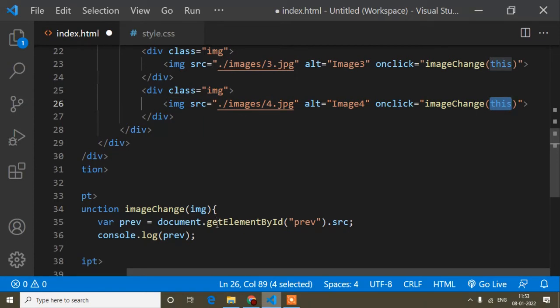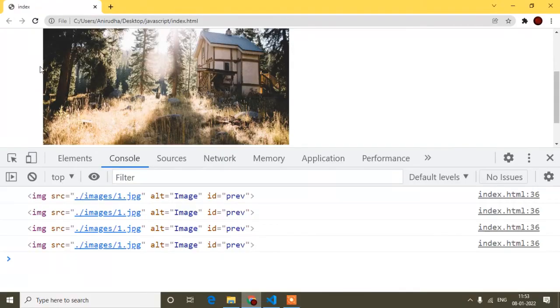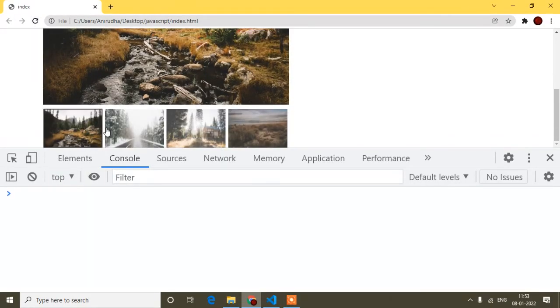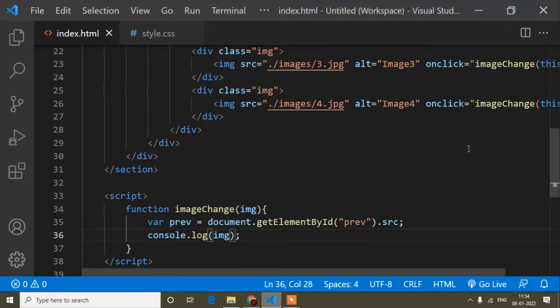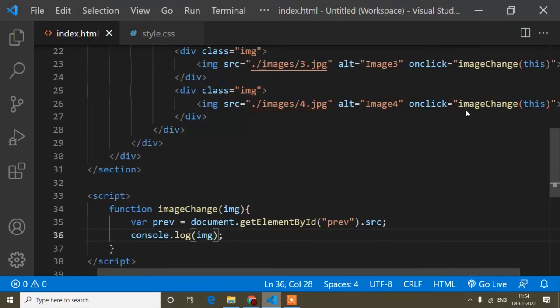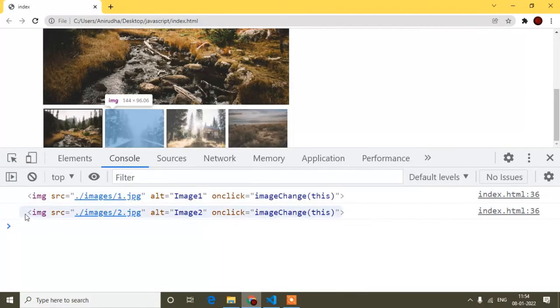Now here you can see this image means this keyword parameter. If I console this image and click the first image, you can see I'm getting the first image, because this keyword is the owner of the function. So I'm getting the one which I click. The second, you can see I'm getting the second.